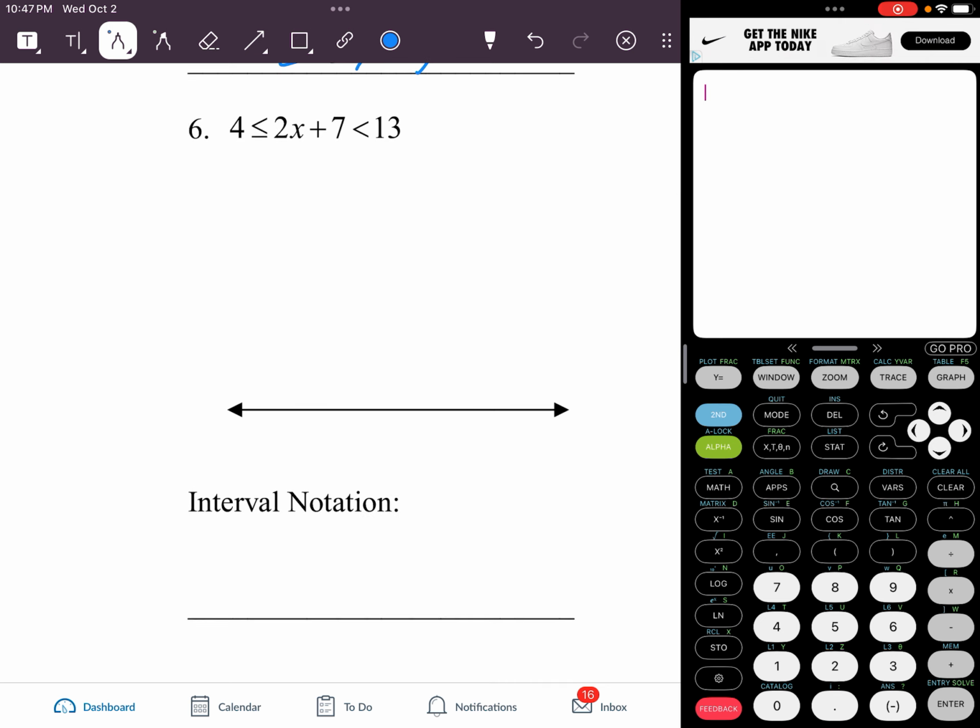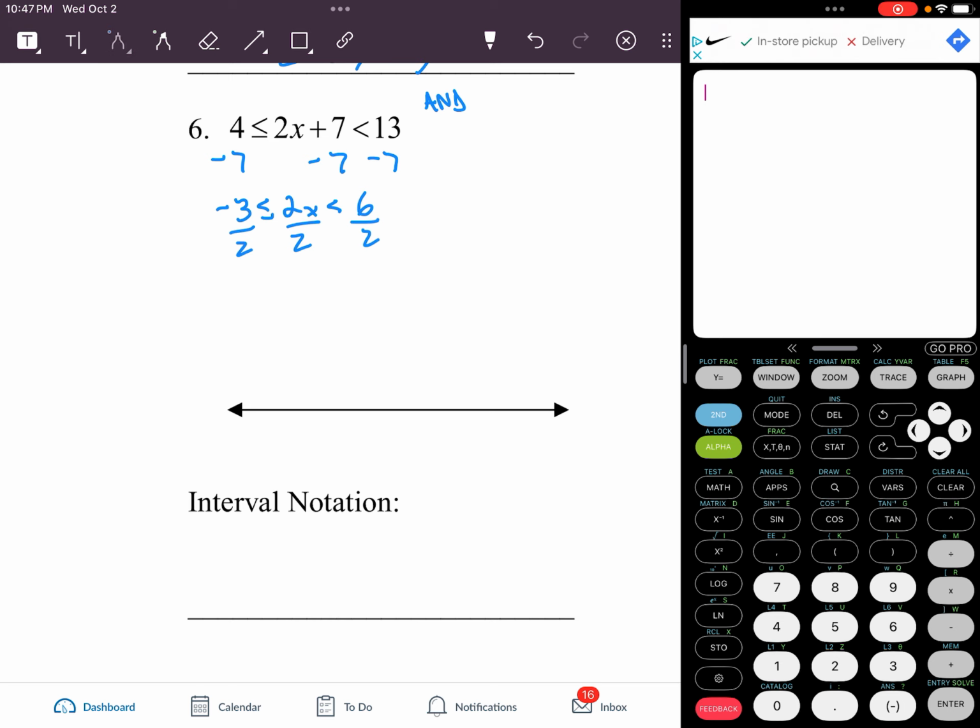All right, next one. Another compound. It's again an and. Subtracting 7 from both sides. You get negative 3, 2x,